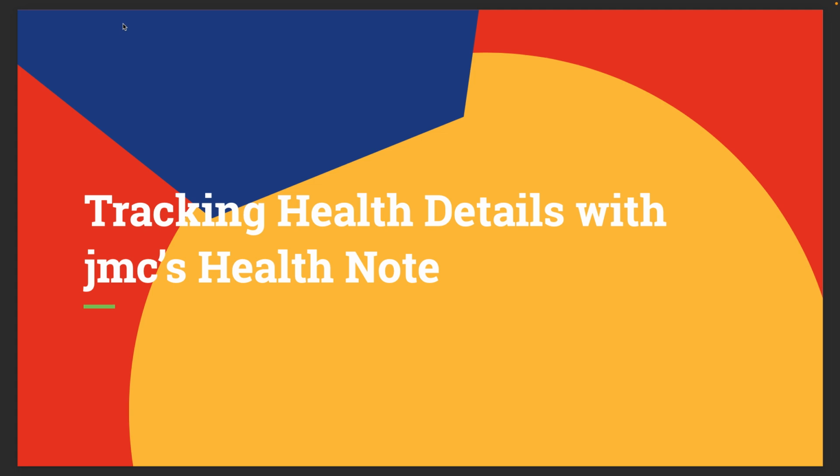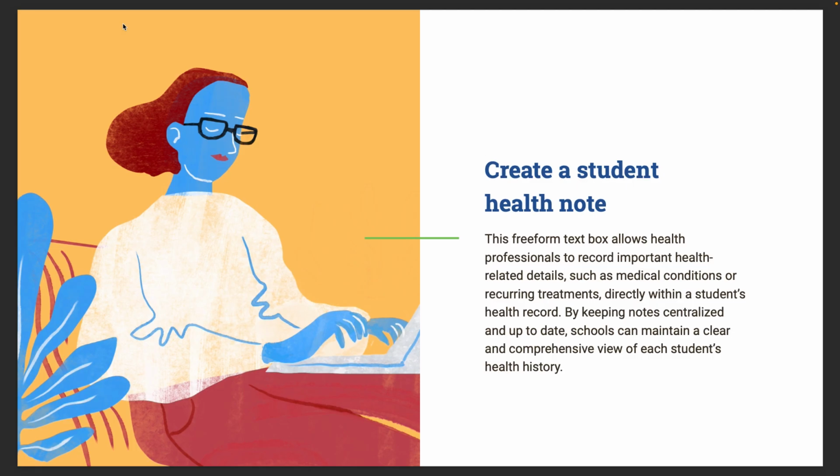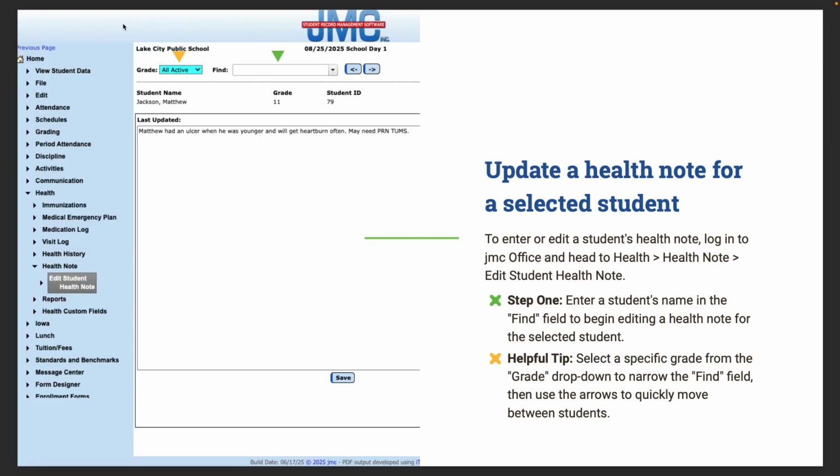Yeah, so we're going to talk about tracking health details with JMC's Health Note. So this free-form text box allows health professionals to record important health-related details, such as medical conditions or recurring treatments, directly within a student's health record by keeping notes centralized and up to date. Schools can maintain a clear and comprehensive view of each student's health history. To enter or edit a student's health note, log into the JMC office and head to Health, Health Note, Edit